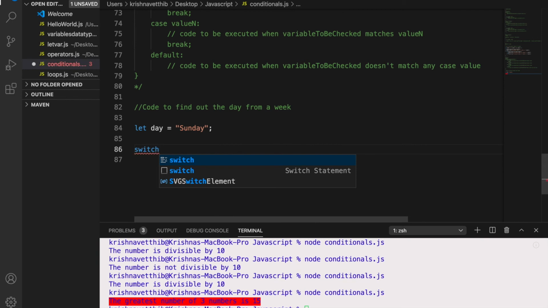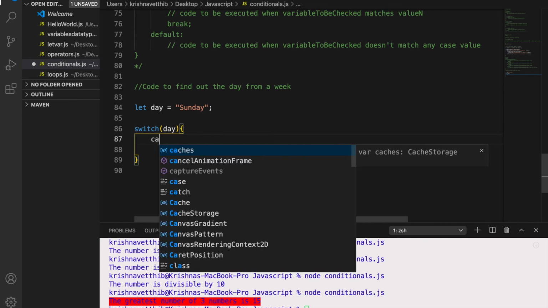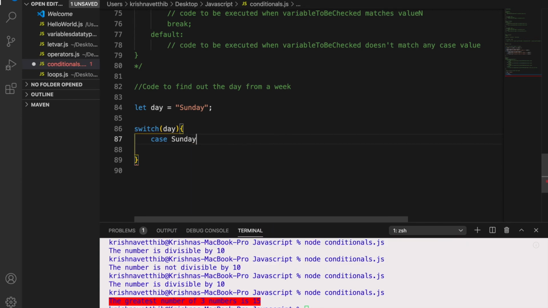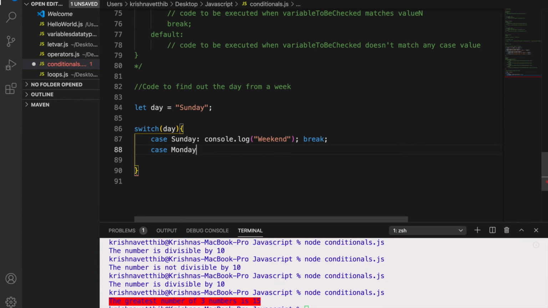So for that, I can write a switch case inputting this value. Okay, now, so if case Sunday, then we are going to print it as weekend. And then you're going to write a break statement. Then for Monday, so Monday is going to be a weekday.